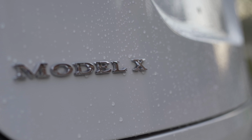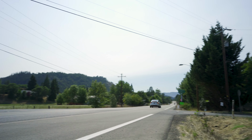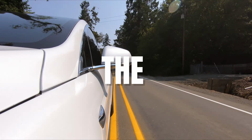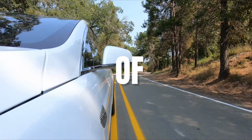Is the Tesla Model X P100D performance with Ludicrous Mode really all it's cracked up to be? Or is it just another one of Elon Musk's marijuana-induced blunders that would honestly be better off on Mars? I want you to have the one and only 100% true, honest review of what it's like to drive one